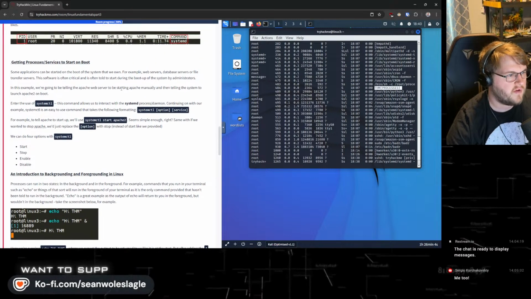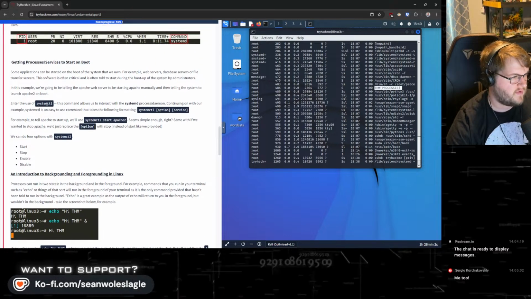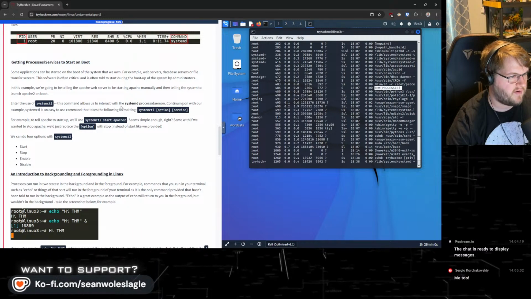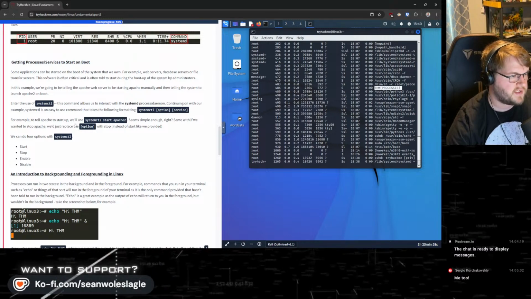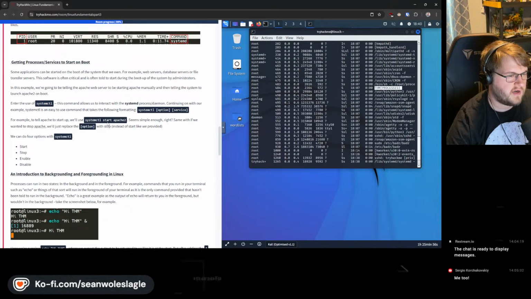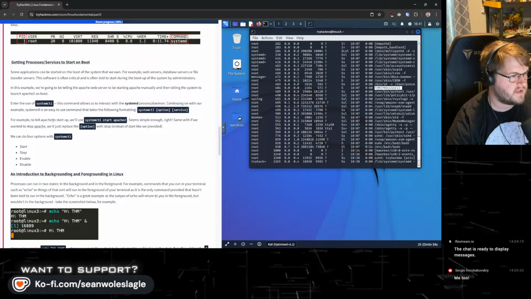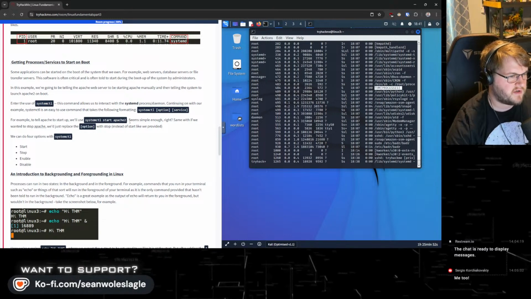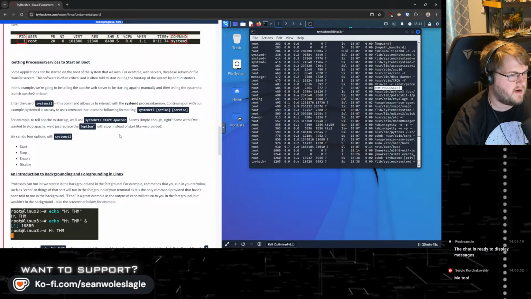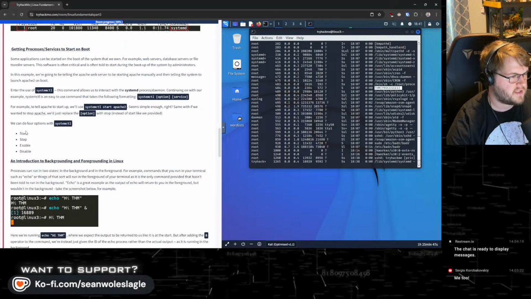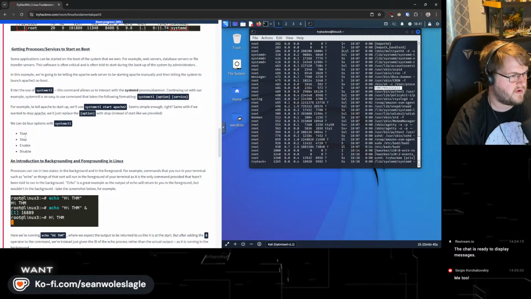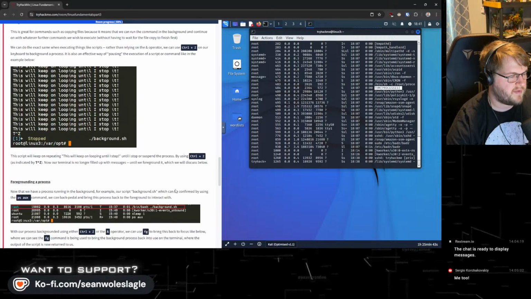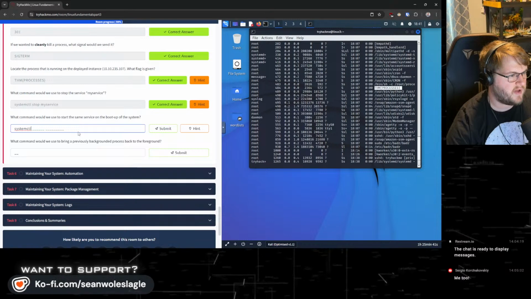For the startup, we have to have systemctl, right? And then we'd tell Apache to start up. We'll use systemctl start apache2, right? And then we can do four options with systemctl: start, stop, enable, and disable. So maybe it's just enable. But listen,